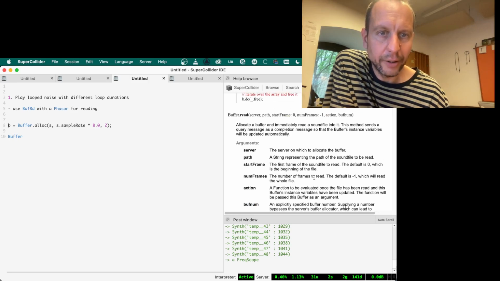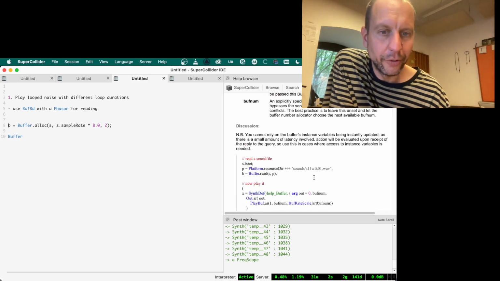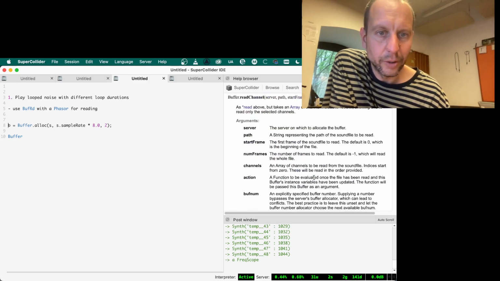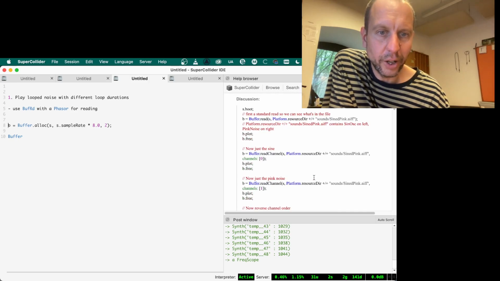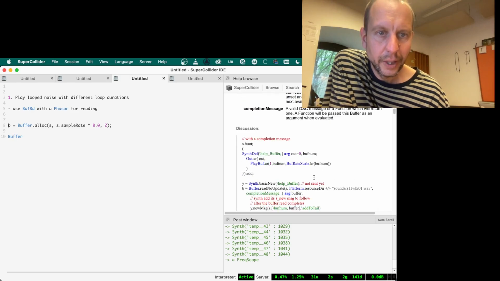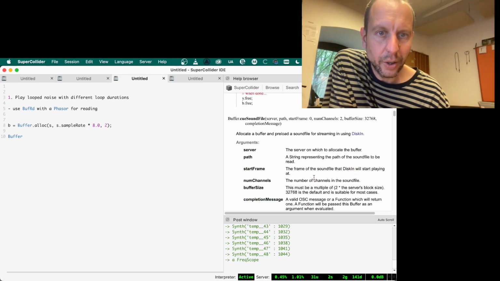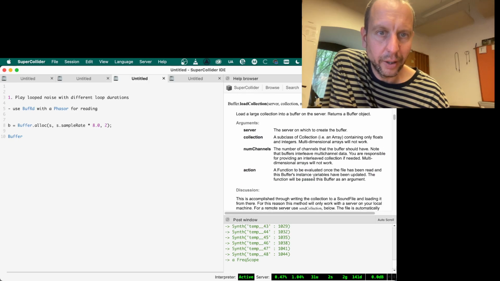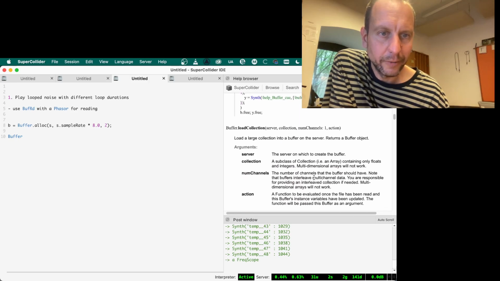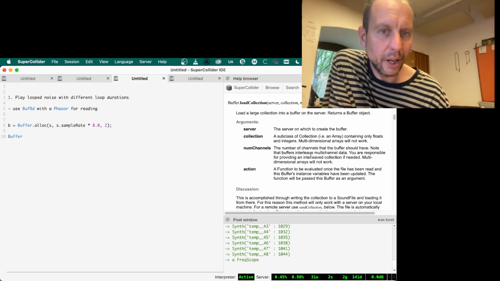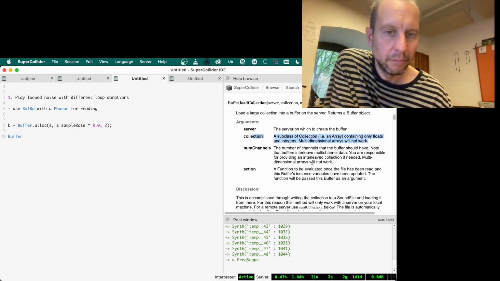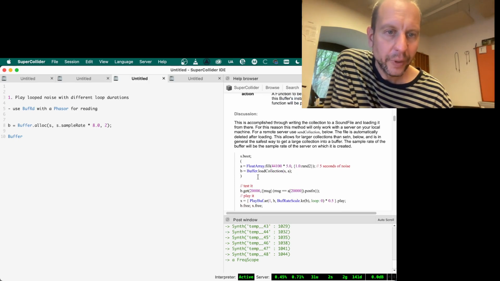So we can read from a sound file. There's many things we can do. Read channel, it's similar. Read not update. Cue sound file. Load collection. Okay, so this allows us to create a set of values with any way we want and actually fill the